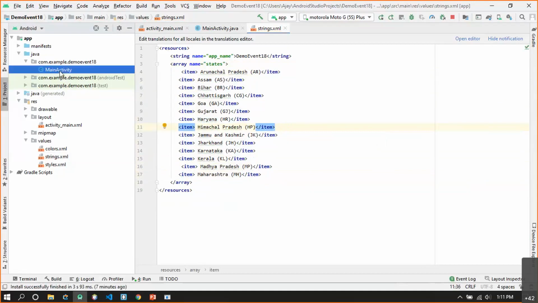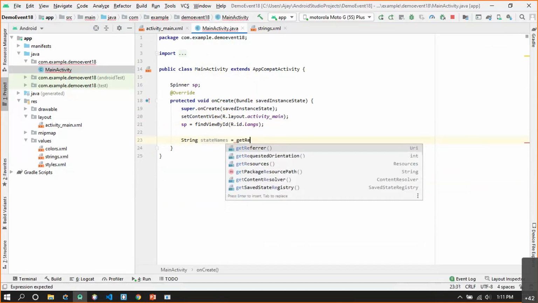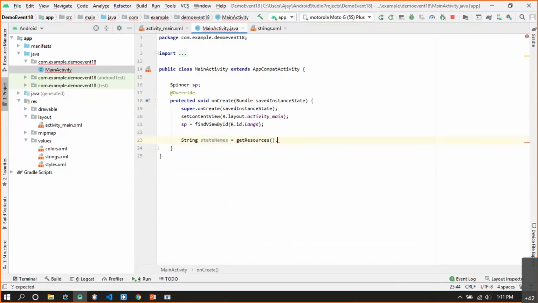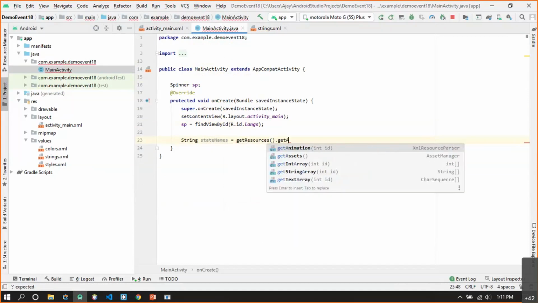Now I have to create the array from these particular resources. So I can say String[] stateNames is equal to getResources, just to refer to the resources, and from these resources you are going to get a resource of type array. So I can say get, and let me write an array.